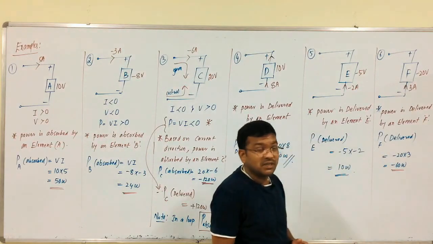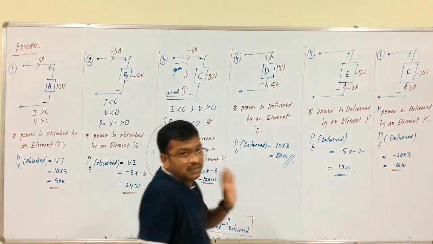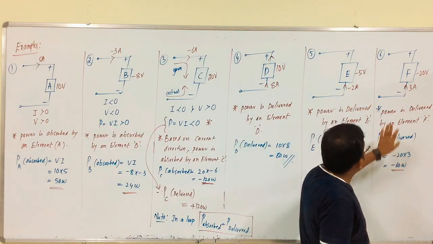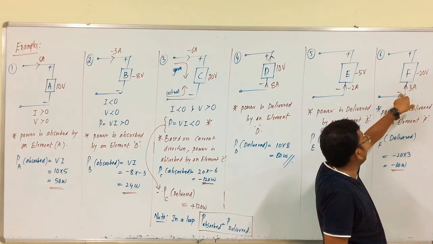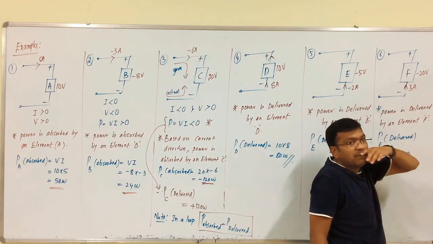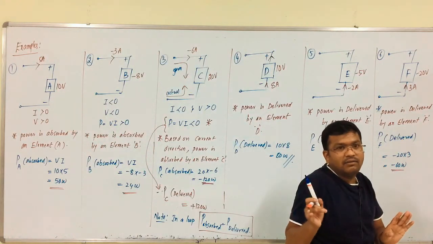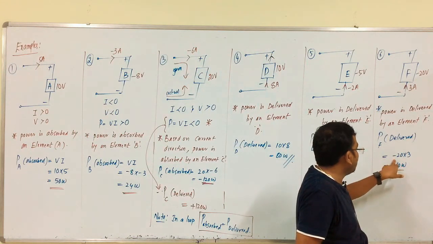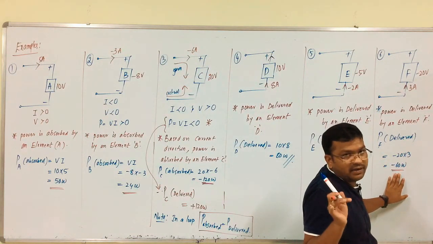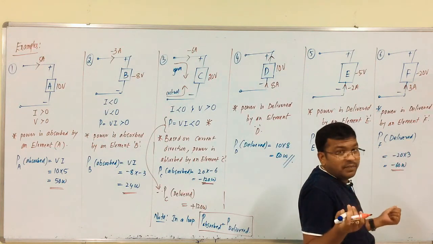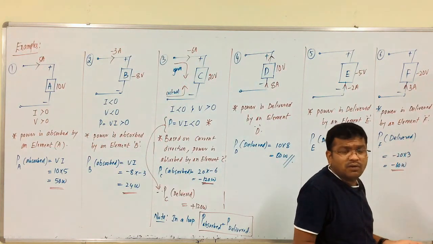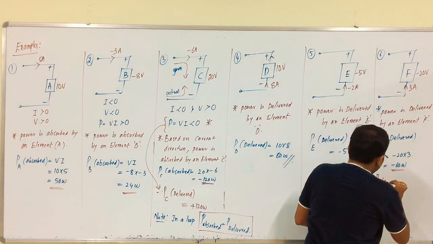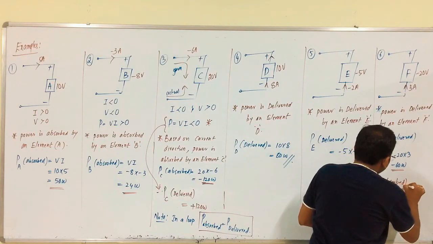See, this observation is the same, problem 3 and problem 6 are the best observations. See, here the power delivered based upon the current direction, the current is entering from this negative terminal and leaving from that positive terminal of an element. Therefore, the power is delivered. We all know that point. So, the power delivered by an element F equals minus 20 into 3, minus 60 watts, right. We got minus 60. So, minus 60 watts of power is delivered. Therefore, how much power is absorbed? The power absorbed by this element equals 60 watts.